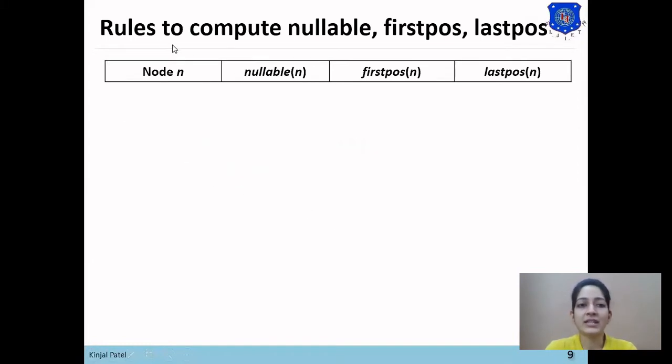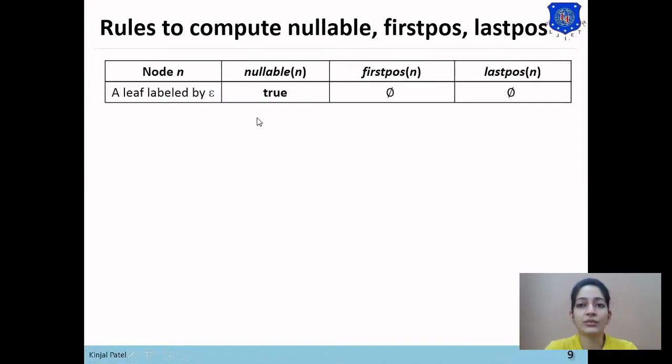Before discussing the syntax tree method, we'll see the rules to compute nullable, first position and last position. The first step is to compute the first position and last position of each input symbol. If a leaf node is labeled with null, then nullable of that node will be true, and first position and last position of that node will be empty.